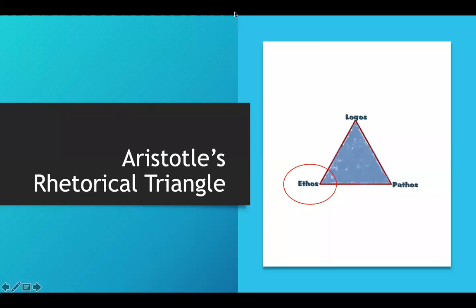Those were two examples. I want to finish off by just taking a look at Aristotle's rhetorical triangle. So most of you guys probably did this in high school, or if not, maybe in 111. You should have seen this sometime before. But basically, the idea behind the rhetorical triangle is that we are always trying to balance logos, ethos, and pathos in the minds of our readers. So logos meaning appeal to intellect, pathos meaning appeal to pity or empathy or to feeling or emotion, and ethos being an appeal to ethics or character.